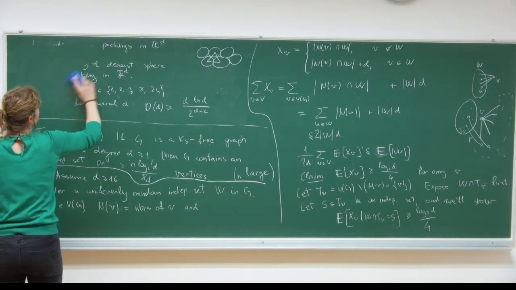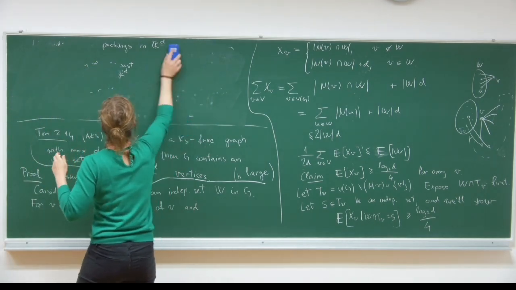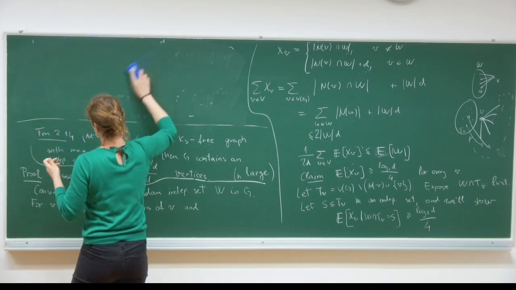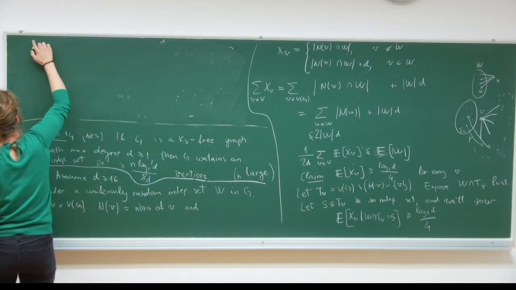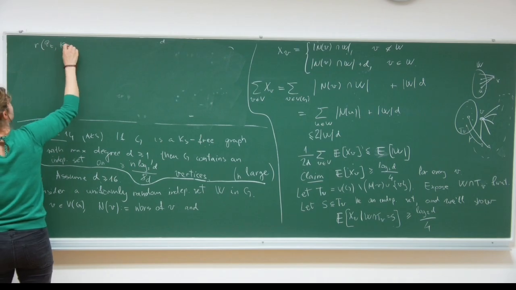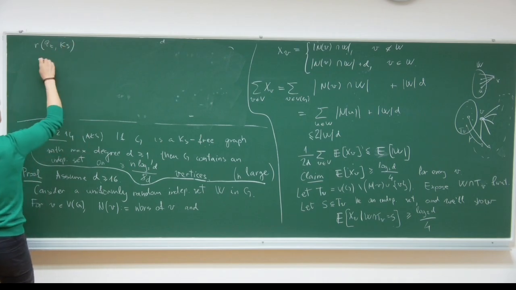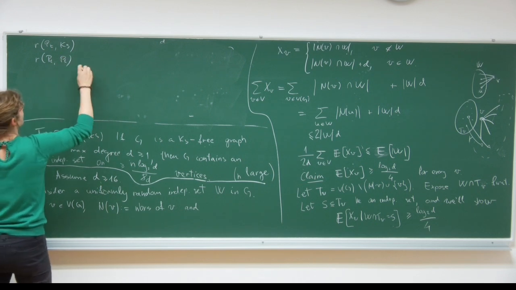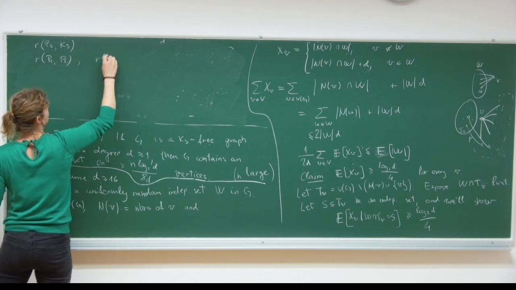Okay. So again, R of P_t and K_s. So we wanted lower bounds for these Ramsey numbers. So you're welcome to think about that